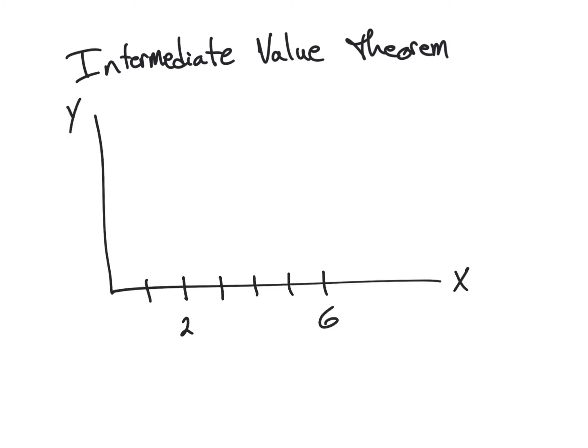Let's say this x value is 6. If I said that some function at 2 is going to be some positive number, what does that mean? That means that your y value is a positive number, or your y value is ending up somewhere up here. Doesn't matter where. Could be there, could be there, could be here, whatever. That means this point here with the x value of 2 and the y value just being positive,